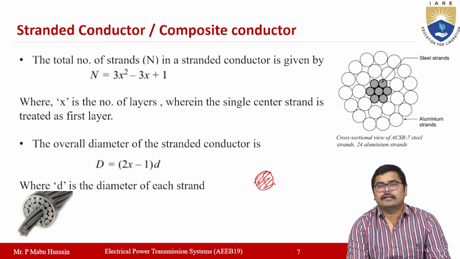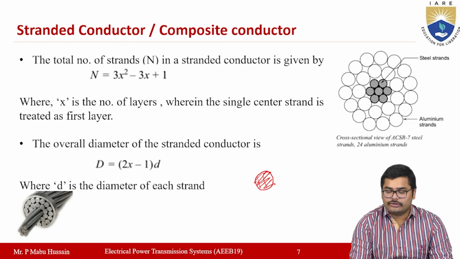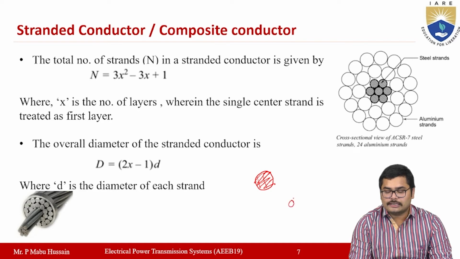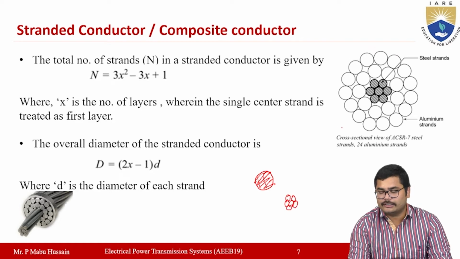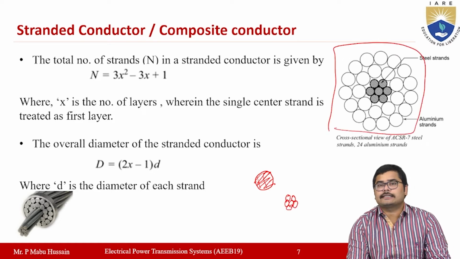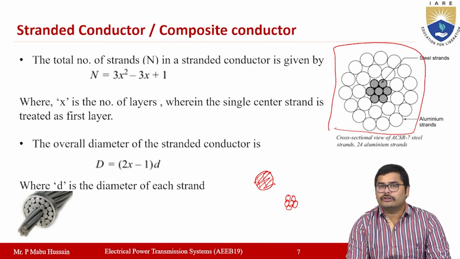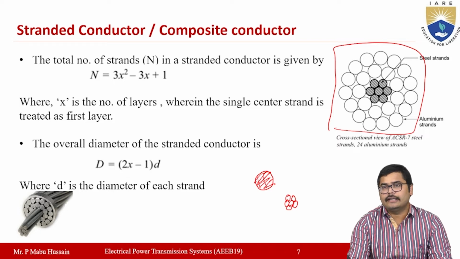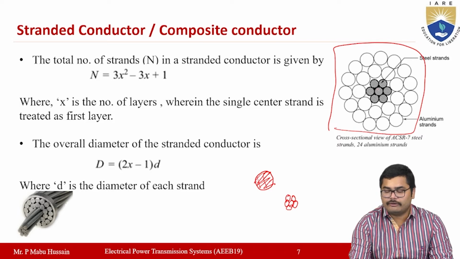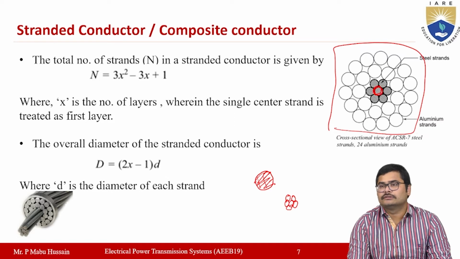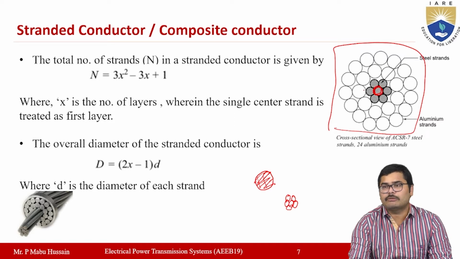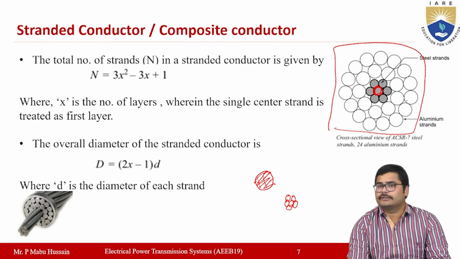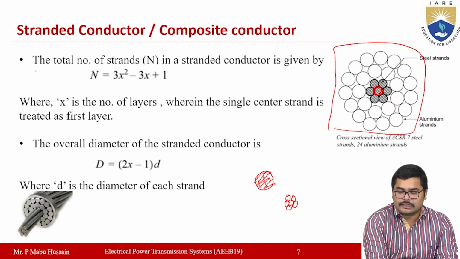These stranded conductors, in the sense, instead of using one single conductor, we use strands of conductors which are arranged in layers. If you see this conductor here, this is a stranded conductor. The conductors are arranged in layered form. The first layer will have only one conductor, the second layer will have some conductors, the third layer will have some more, the fourth layer some more, like that. And the total number of strands